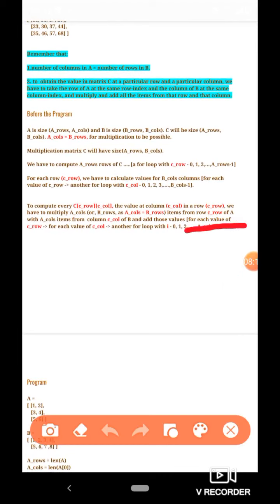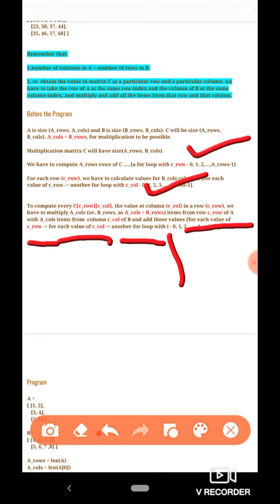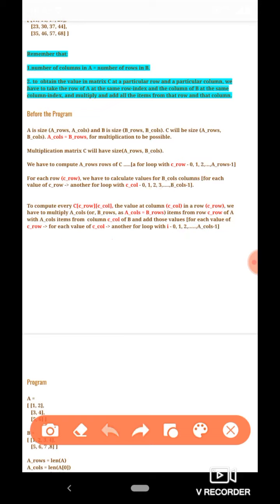That is to say that for each value of C row in the first for loop, for each value of C call in the second loop, we have to run another for loop with the loop variable I, and it will range from 0, 1, 2 up to A calls minus 1. Remember again, A calls is equal to B rows, so whether you write A calls or B rows, it doesn't matter.